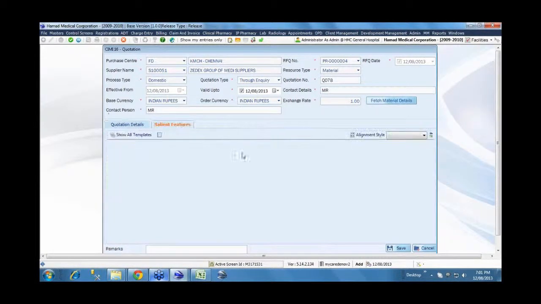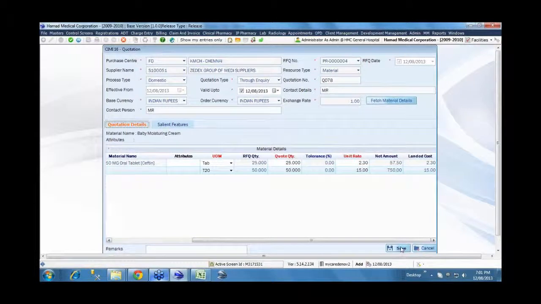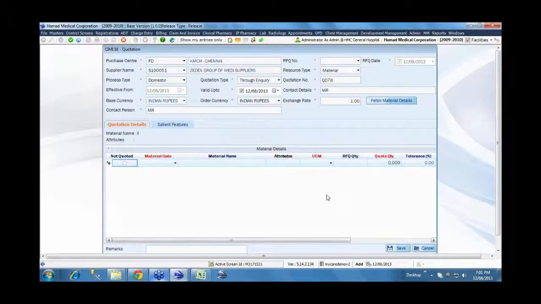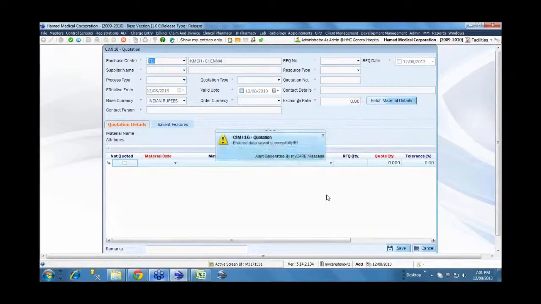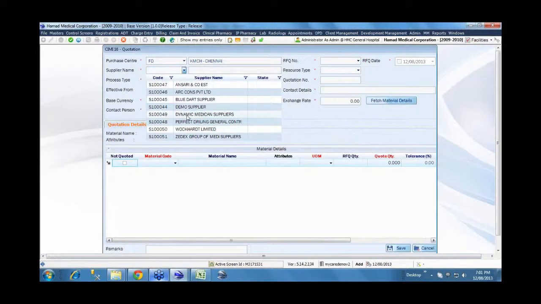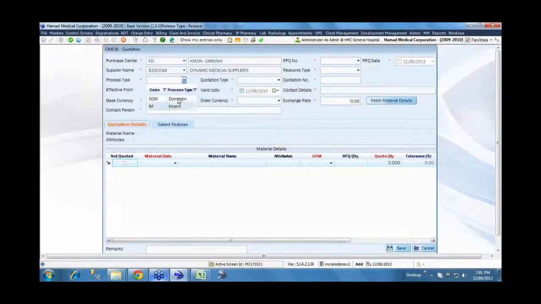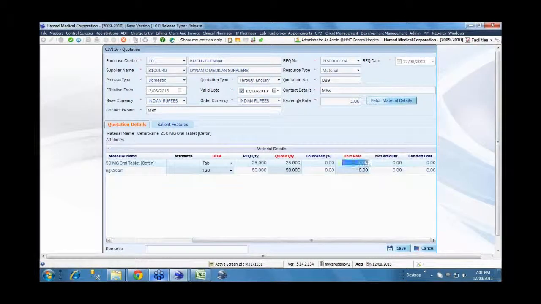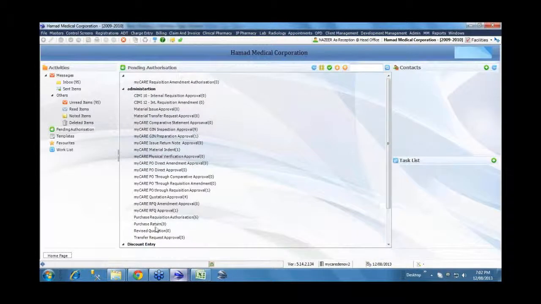Like there are other factors also which are key in deciding the supplier. So this information can be defined in the system too, as to what is the delivery period and what are the payment terms. All of this information can be captured as data rather than as mere text. So we have the ability to define that also. So we'll capture the rate against the other supplier also.